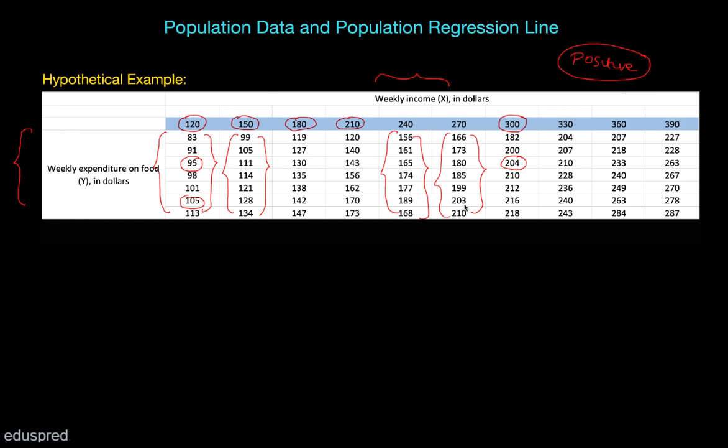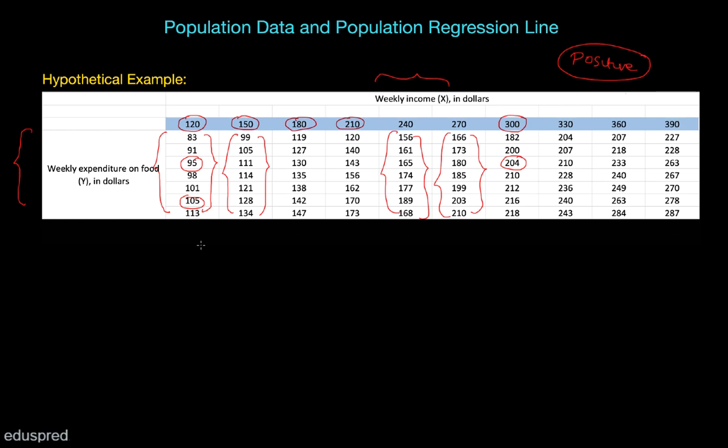So this table is giving us some sort of information, but actually we need more. The thing is that we are working on the quantification of the relationship between these two variables. And when we are working on the quantification, we just need one particular number. For example, the question that I'm going to ask you is: if your weekly income increases by $1, by how much is your weekly expenditure on food going to increase? This is the kind of question we are interested in. If I'm asking you this question, then in return, I just expect a single number from you.